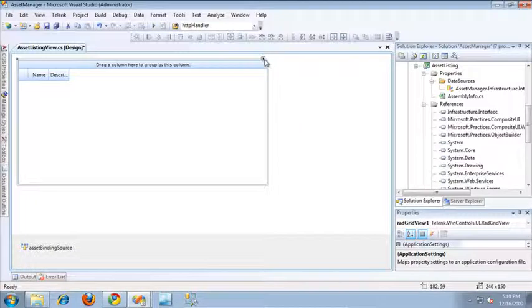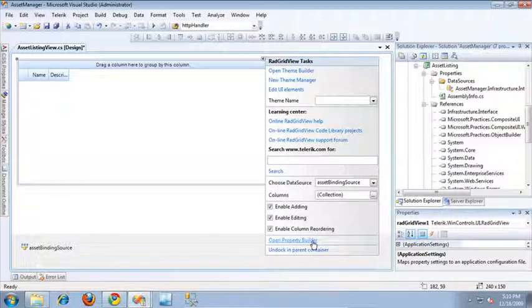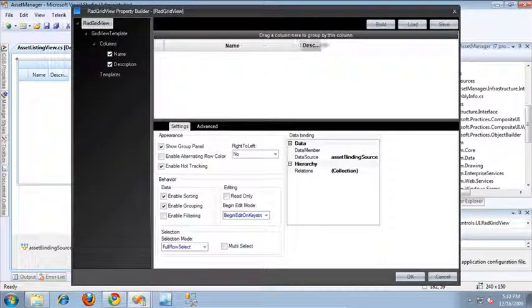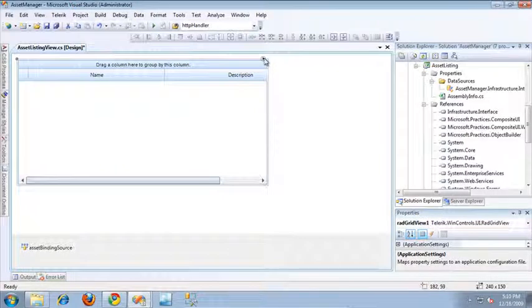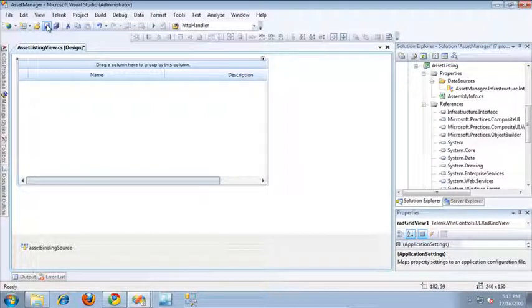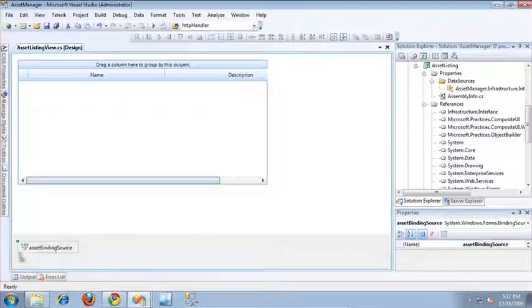I'm just going to open up the property builder real quick and expand these columns a little bit so they look a little nicer. Click OK. And I'm also going to disable adding on the Rad grid view because I want users to have to use my menu options to add items to this Rad grid view. And now I can click Save, and down here below also, if you haven't noticed, it's created an asset binding source for me. So our next step is going to be to expose this asset binding source to the presenter